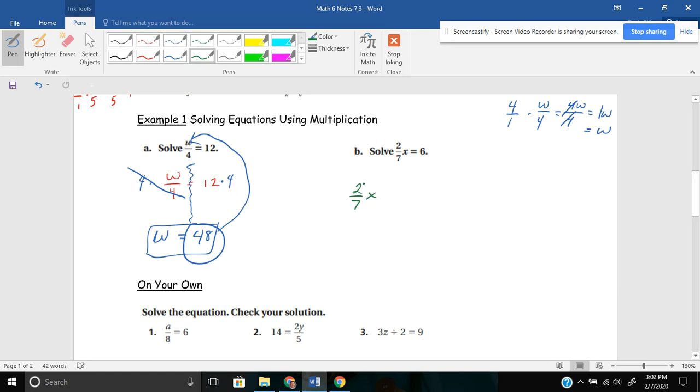All right. The next one, it says solve 2/7 x. So 2/7 x means that we're multiplying 2/7 times x equals 6. How do you undo multiplying by 2/7? You divide by 2/7 on both sides. Divide by 2/7. Remember, split out the equal sign if you need to. 2/7 divided by 2/7, that's just 1. Anything divided by itself is 1, so I'm left with 1x equals,